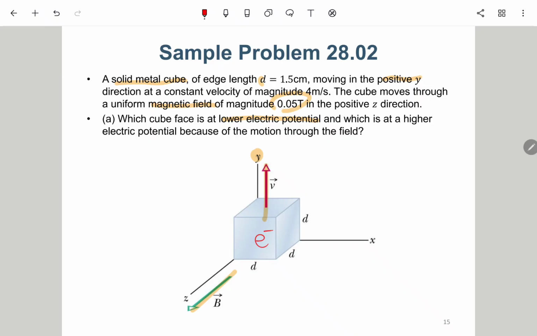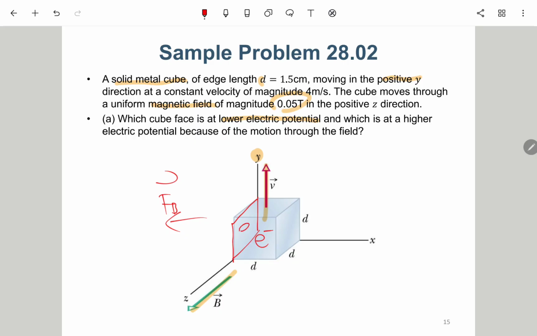So we try moving this whole thing upward, which means that the moving charges are moving upward. It still follows V cross B. V is the positive Y direction, B is out of the page. So your thumb is pointing to the right side, but this is a negative charge, so the charge will go to the left side. FB goes to the left side, which means that all the electrons